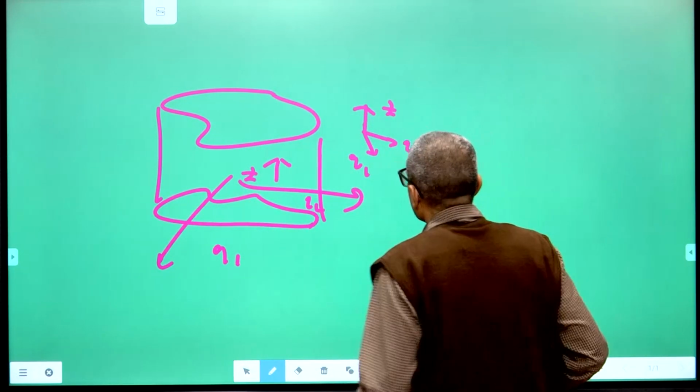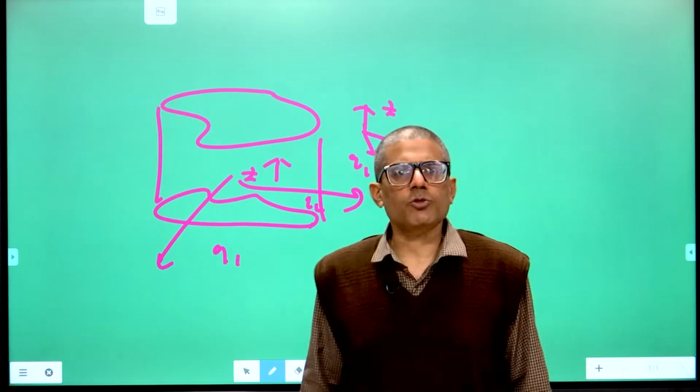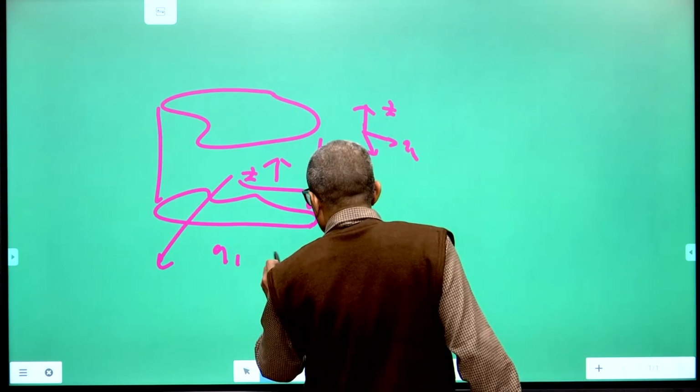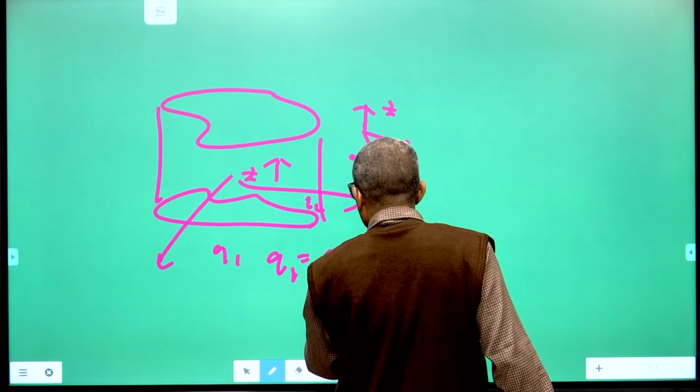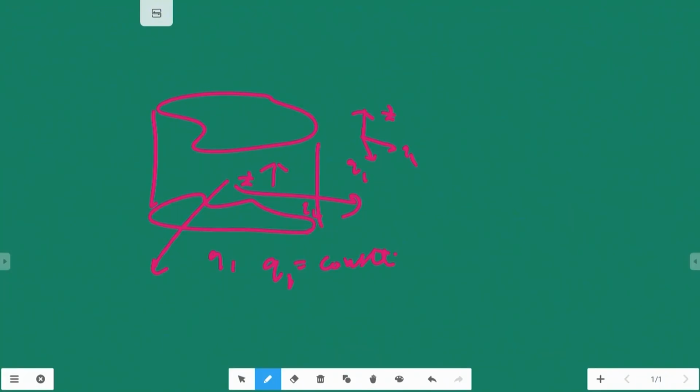So you assume this orthogonal curvilinear system has been introduced so that the boundary of this cavity becomes q1 equal to constant. If h1 and h2 denote the Lamé coefficients, that means h1 is (∂x/∂q1)² plus (∂y/∂q1)², all to the power half, and h2 is (∂x/∂q2)² plus (∂y/∂q2)², power half. These are the Lamé coefficients.